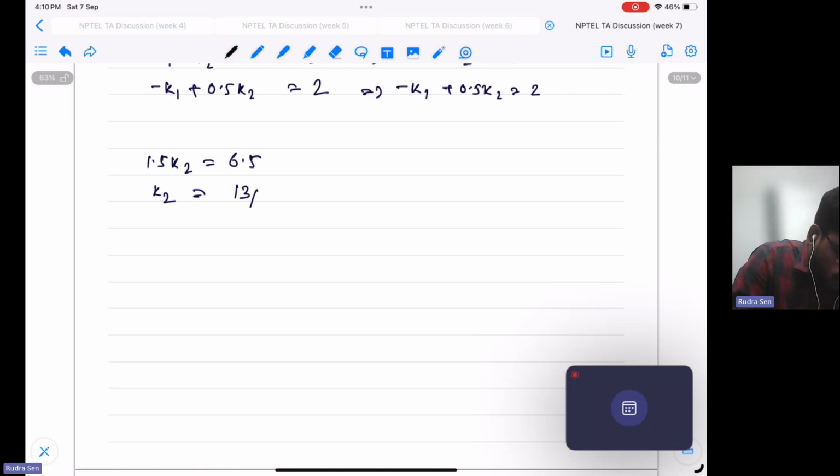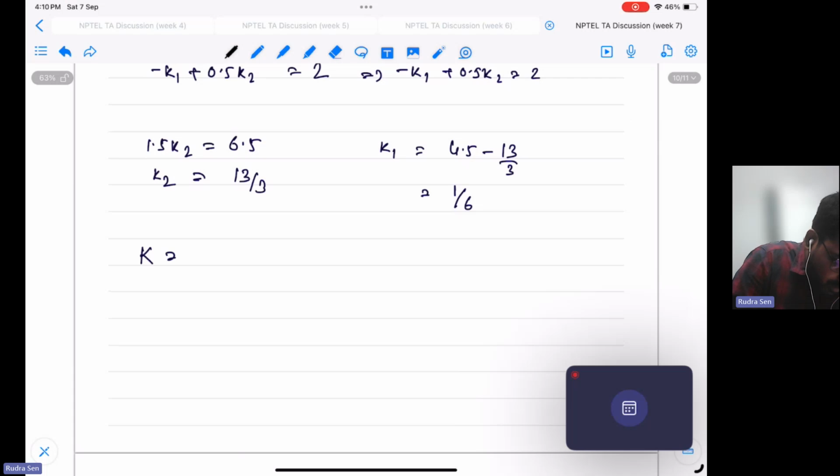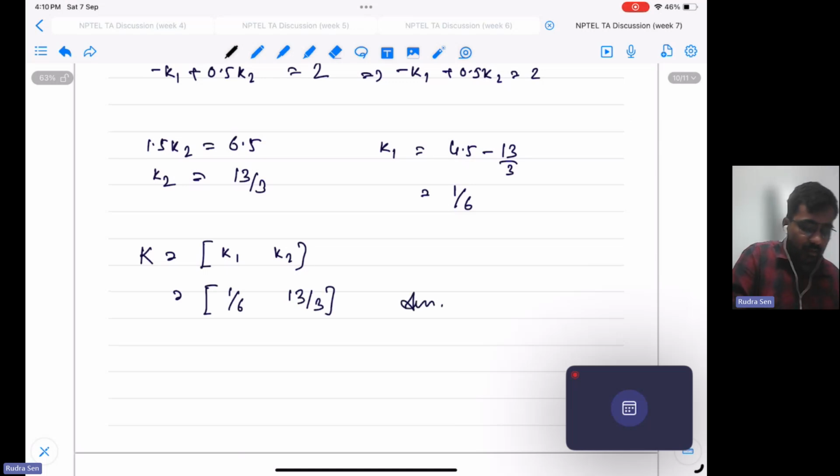It's 13 by 3. And what is K1? K1 equals, put the value of K2 over here, 4.5 minus 13 by 3, and you will get 1 by 6. So what is the K matrix? K1, K2 is 1 by 6, 13 by 3. So this is your answer. That means this is the control design. This is the feedback matrix or feedback vector that you design based on the desired